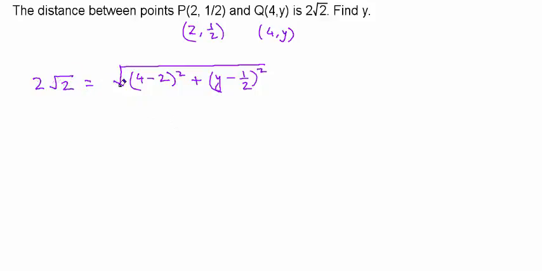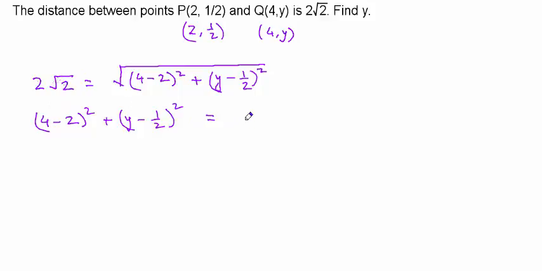Our first job is to get rid of the square root, and therefore we are going to square both sides, and bring this on this side and this one on the other side, so that we have the variable as per convention on the left hand side of the equal sign. So after squaring both sides and flipping them over, we have (4 minus 2) whole squared plus (y minus 1/2) whole squared. The square root is gone because we squared both sides, is equal to,